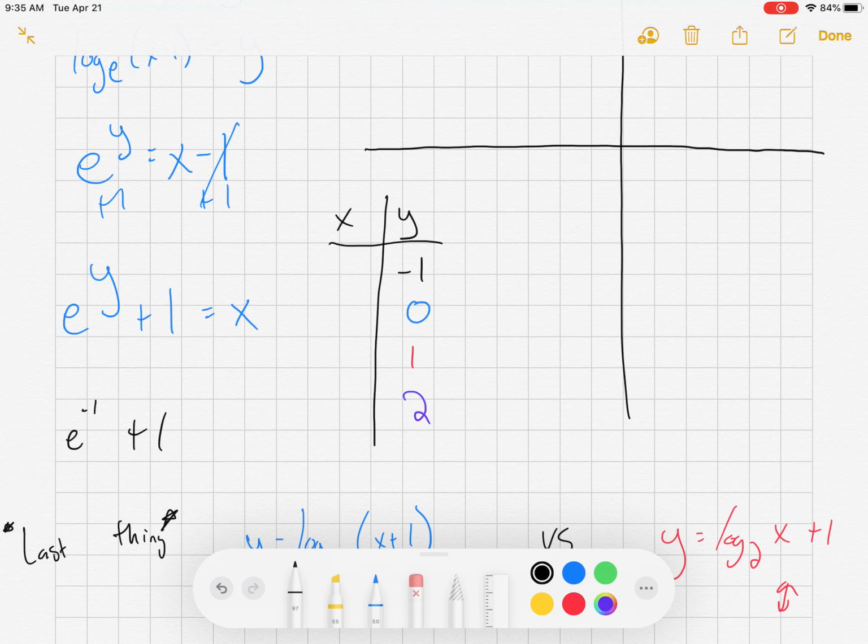Okay, so the first one we get is e to the -1 power plus 1. So we're going to type in e to the x, type a -1 into the power. Now hit plus 1. We should get 1.36. I'm going to call it 1.4. So the numbers I pressed again were,